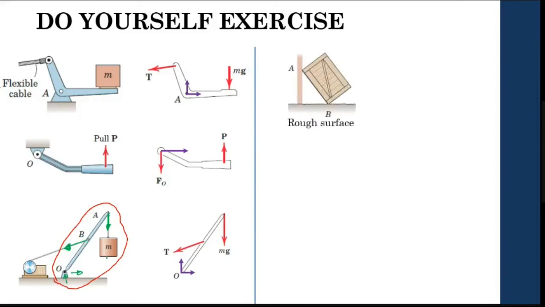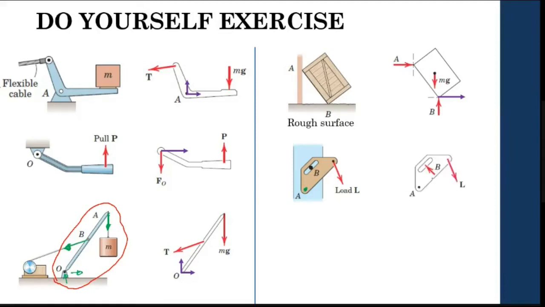Okay. What about this one? It has 4 forces because this surface is rough. So here you have 2, weight is 1, and this one, 4 forces. Okay. So what about this one? You have a pin joint here, you have a roller type of joint here, and 1 force, which means,